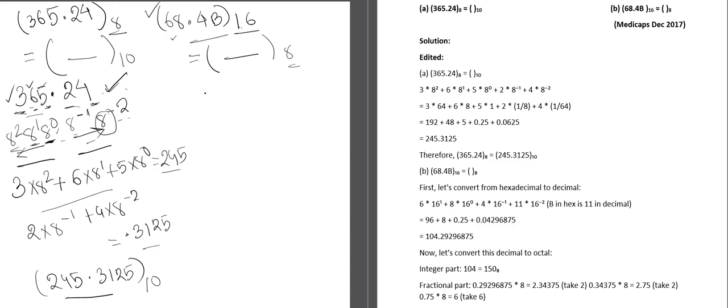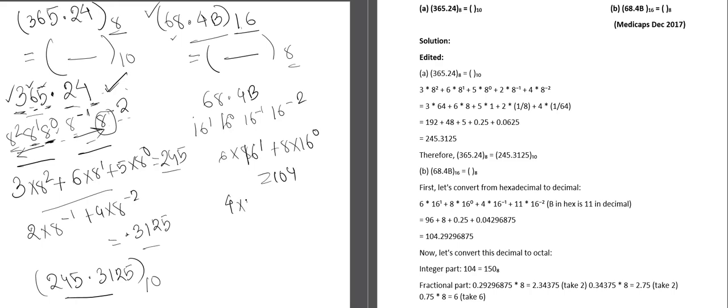So let us start with the conversion process. For 68.4b, we get positional weights of 16 to the power 0, here 16 to the power 1, here 16 to the power minus 1, here 16 to the power minus 2. Then we just multiply and add them together. 6 into 16 to the power 1 plus 8 into 16 to the power 0 gives us 104, and then 4 into 16 to the power minus 1 plus b into 16 to